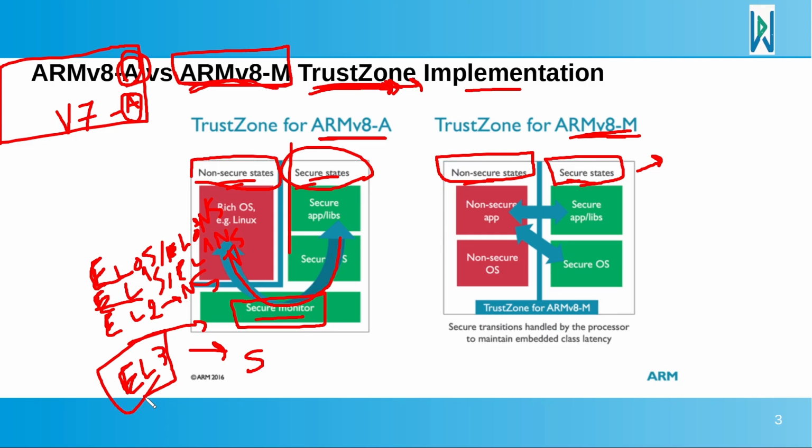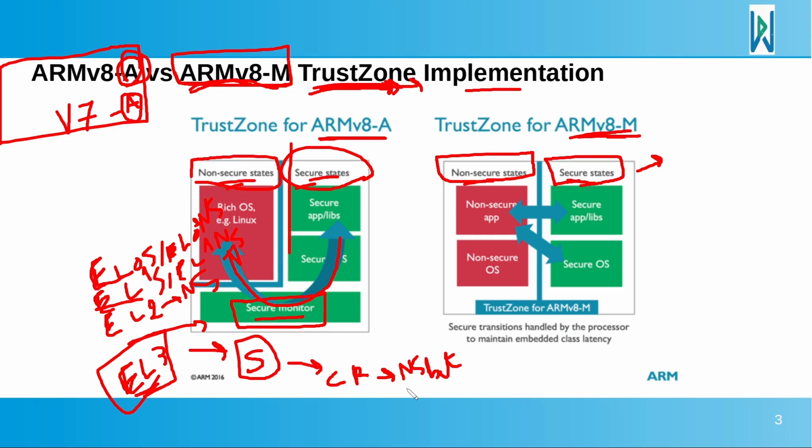It means we first need to jump to exception level 3, which will be running in secure state. Then this one will access a certain control register,